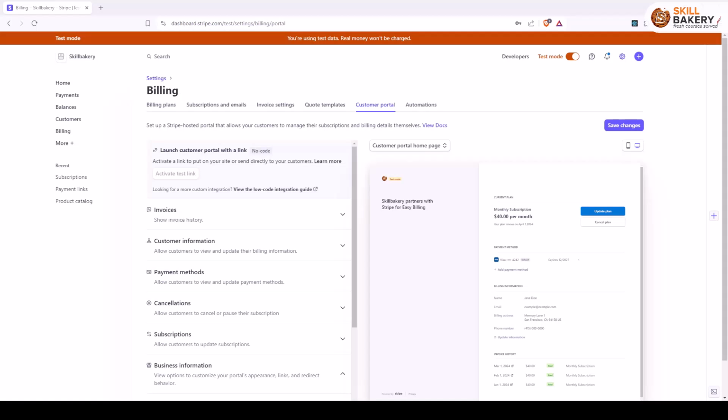Now that we are showing the subscription on the dashboard page, it's time to allow the customer to update those subscription options, and that they can do by making use of Stripe's customer portal. And to integrate this with our website, what we need to do is go to settings and then go to